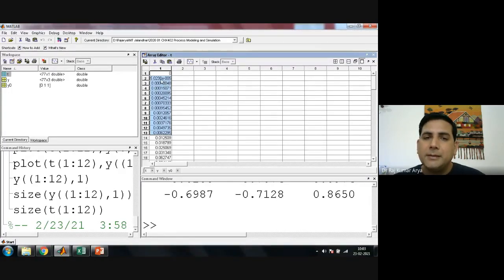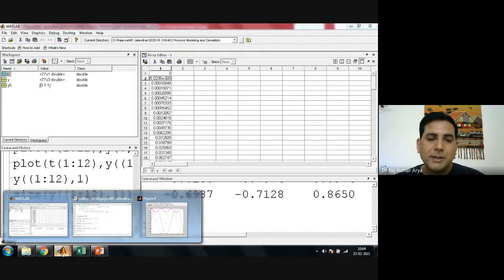So you see initially the step size is 5 to 10 to the power minus 5. This is 10 to the power minus 4 here. The step size is initially very, very low, and wherever you can go to a faster step size, you can go ahead for that. Based on that, the step size is selected. So MATLAB automatically selects the best step size based on the fuzzy logic inside it. So much understanding has gone into developing those codes, so you can trust them 100% because a lot of engineers worked on that.